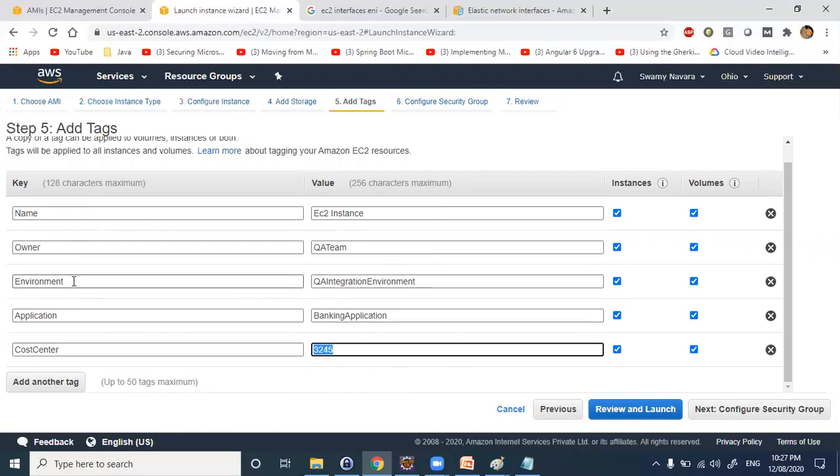So you can give any key and any value. You cannot give a duplicate key here. It's like a map. You cannot give a duplicate key in a Java map or any other map, right? Harish, any predefined tags? Predefined tags you will not get. So you can write your own tags. They allow you to write the tags yourself.